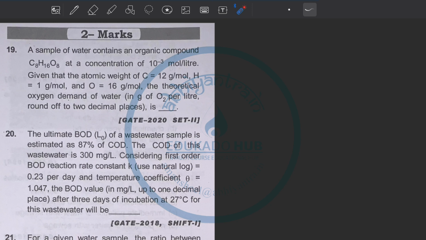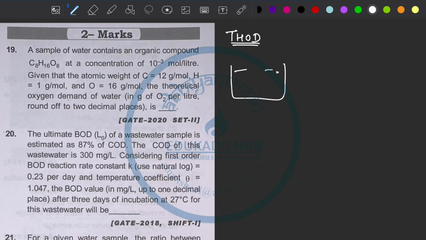The keyword which we have to note here is theoretical oxygen demand, THOD. See, what is theoretical oxygen demand? First of all, we should understand that. So, if in any water sample there will be organic